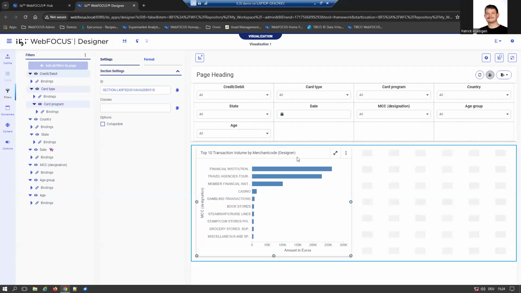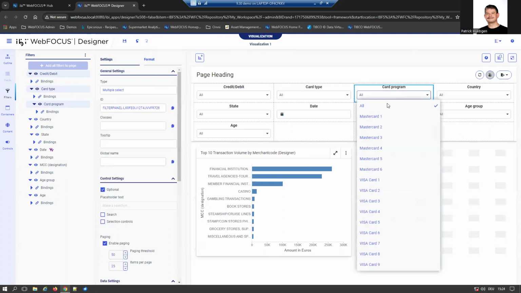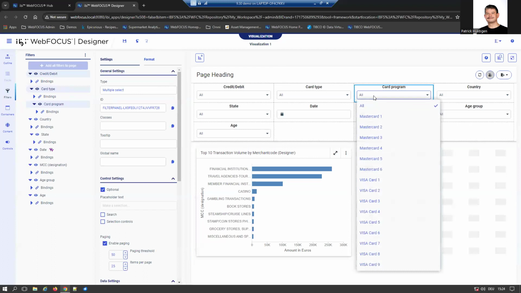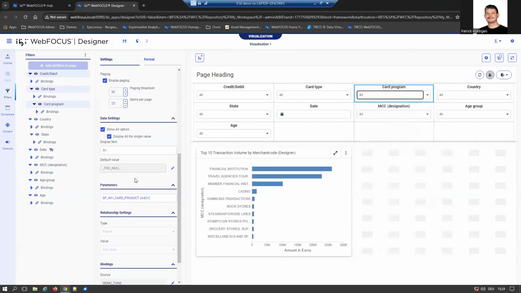In this session, we're going to look into the capability of setting default values for parameter values in version 9.3 of Designer. So I can click in here on my card program, and actually I wanted to find the first 3 master cards as my pre-selected values for that page. In older versions of the product, it would have been quite complicated because you would have to enter them manually